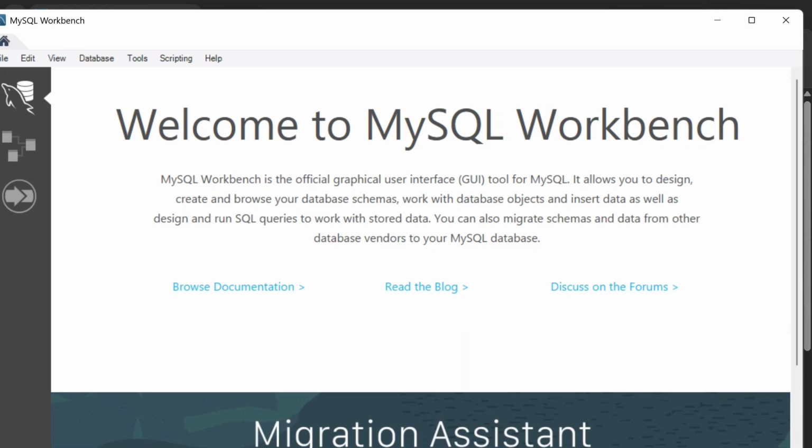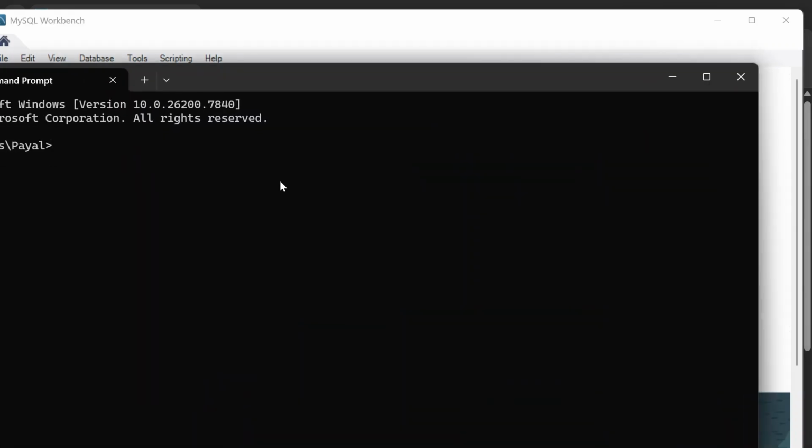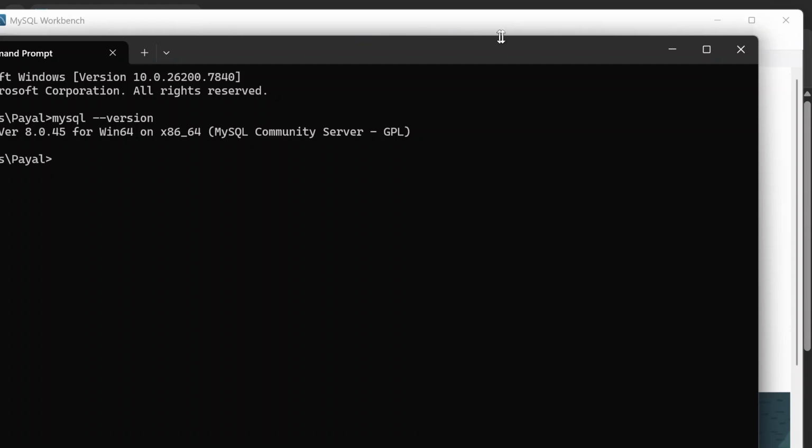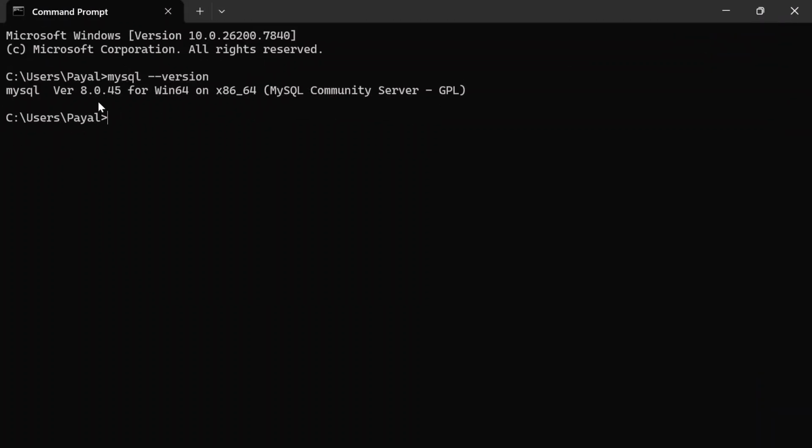Now go to command prompt. So here, just a minute, type mysql --version. So you can see, just a second, version 8.0.45 for Windows. So it means your MySQL is installed. So just type mysql